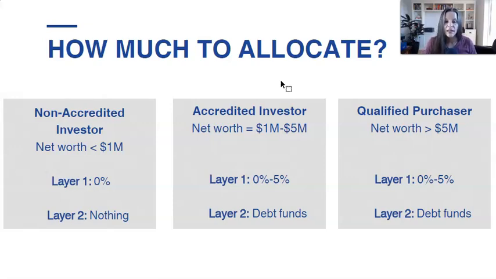As I mentioned, I don't allocate anything to this asset class. I don't see myself doing that in the near future, even with interest rates as high as they are right now. It just doesn't make sense from a tax standpoint. And from the risk reward trade-off for me, I've got too many good assets or investments that I can make that it just doesn't make sense to not invest in those better investments in my personal opinion. But, I would keep it to a minimum, 0 to 5%. I wouldn't go too high here.